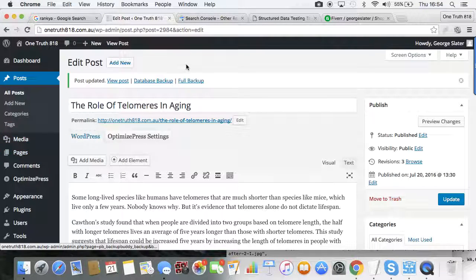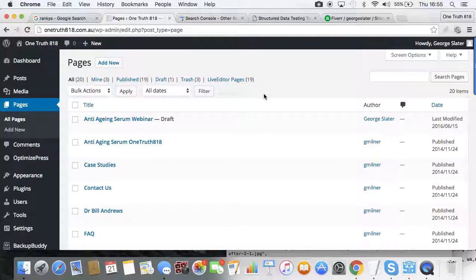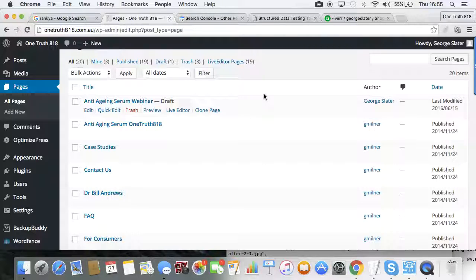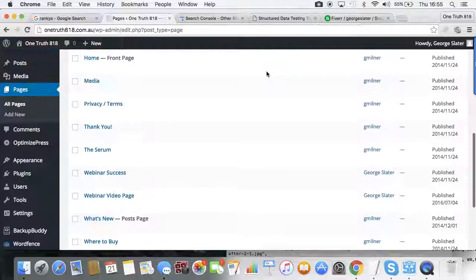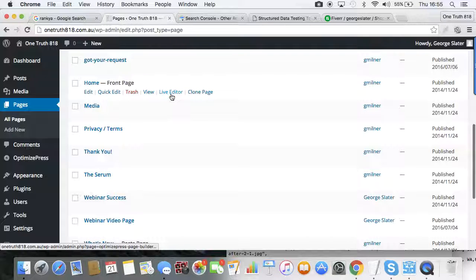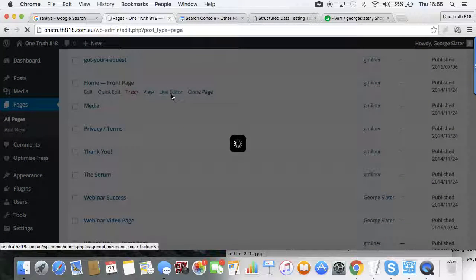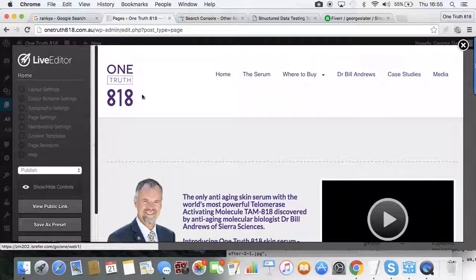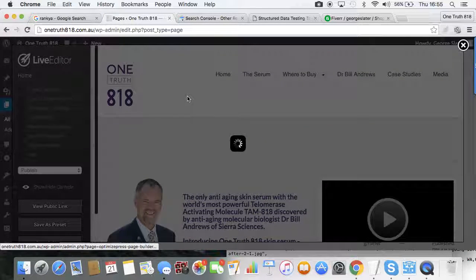Now there's not a way of putting it in en masse to the pages, but most people using Optimizepress probably only have 6 pages up to 100 pages maybe, and maybe you don't need to put everything on all of them. Recently you'll see in a second that I went through my website and culled many pages that I wasn't using anymore. So for instance, if we go to the home page now and we go to live editor, obviously the home page you're going to have a lot of these structured data snippets on. So the way to do it in pages was open the page, go to page settings,